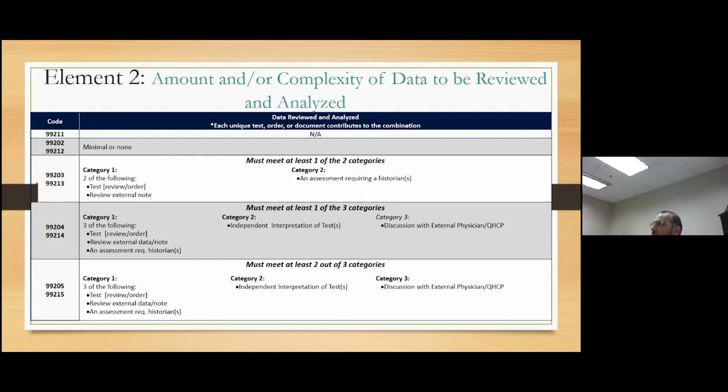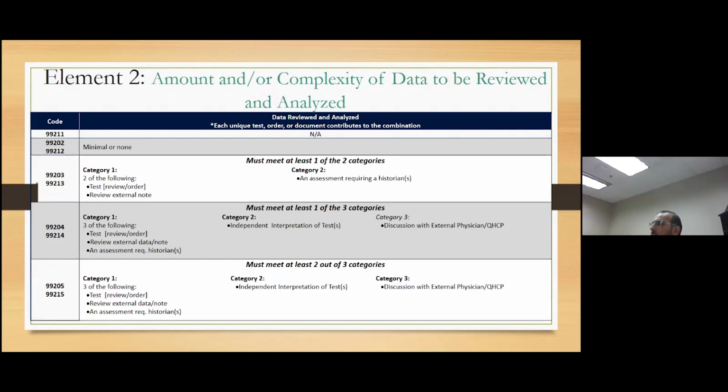So if you worry about their diabetes and you're checking their A1C, and you're checking their urine microalbumin because the endocrinologist did not do that, and you're reviewing the endocrinologist note, by all means, this will qualify as level 3. In level 4, in the complexity of data review, you need to have one out of